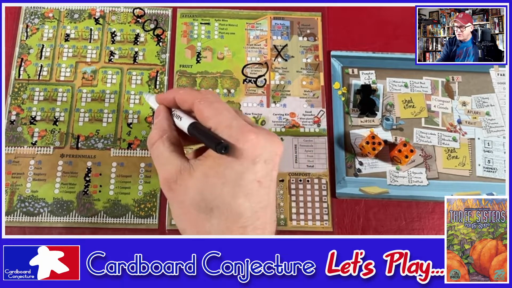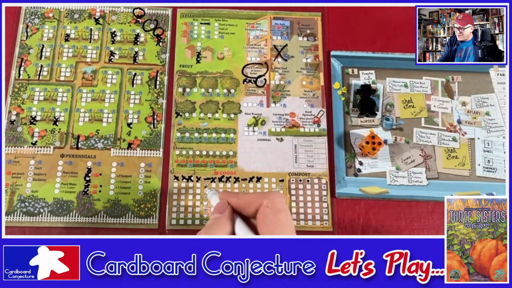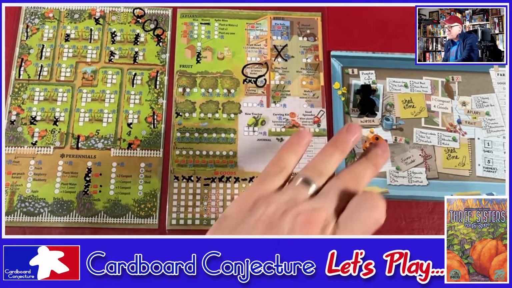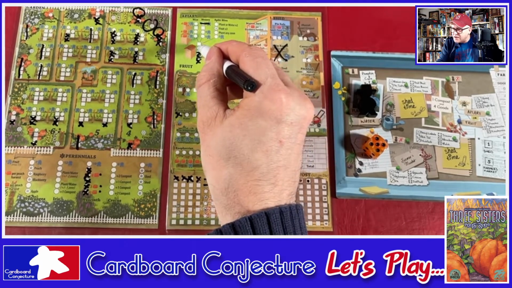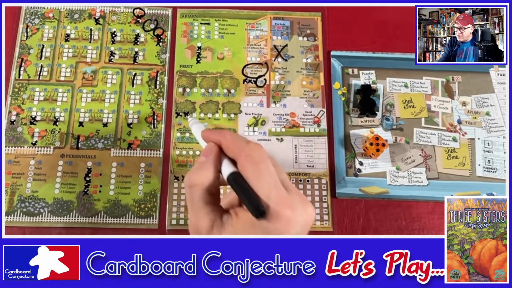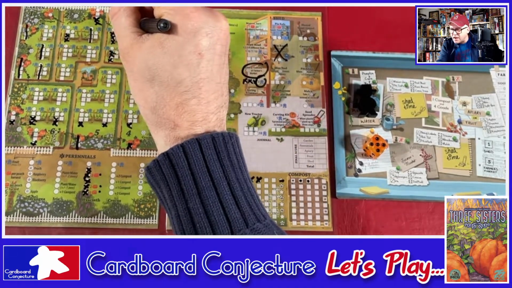4, back to Edith, taking out some corn and a farmer's market. Oh, I can't get those bonuses. And last but not least is me at 5. I'm going to plant, and I'm going to plant, and the apiary, I get to do 2 fruits. So I'm going to do 1 on a water, and I'm going to water my zone 3 so that